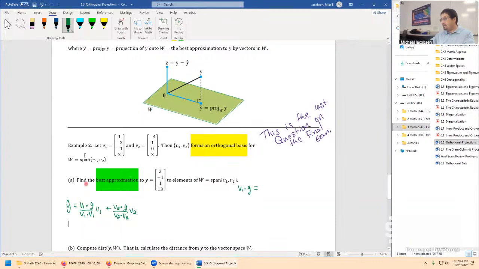v1 dot y. So I'm looking at this vector v, this vector y. It's going to be 3 plus 2 minus 1 plus 26. And then the denominator, v1 dot v1, is just the square of these components summed together. So it's going to be 1 plus 4 plus 1 plus 4. So this is altogether 30